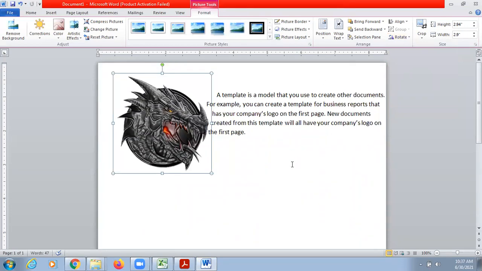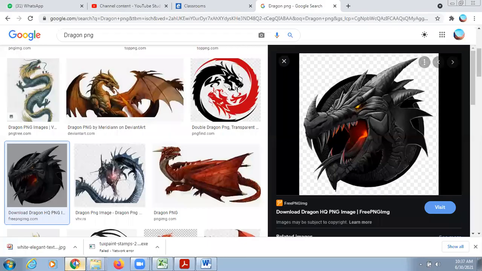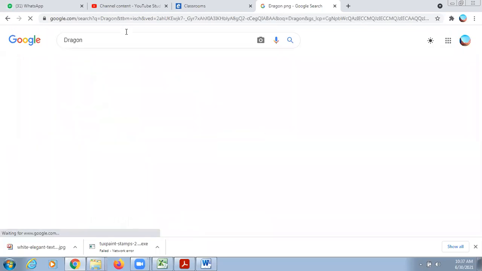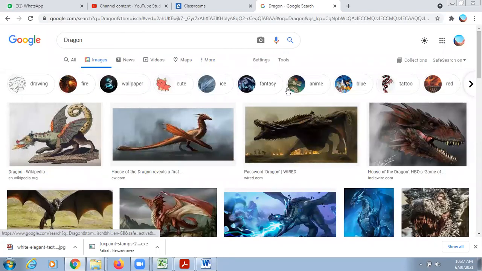Okay, next is cropping a picture. Now suppose I have downloaded a picture with some text and I don't want to display that text.